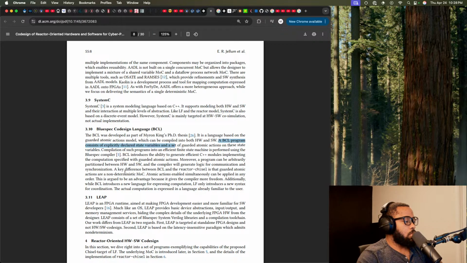Moreover, a program can be arbitrarily partitioned between hardware and software. A key difference between BCL and reactors is that guarded atomic actions are non-deterministic. Atomic actions enabled simultaneously can be applied in any order.